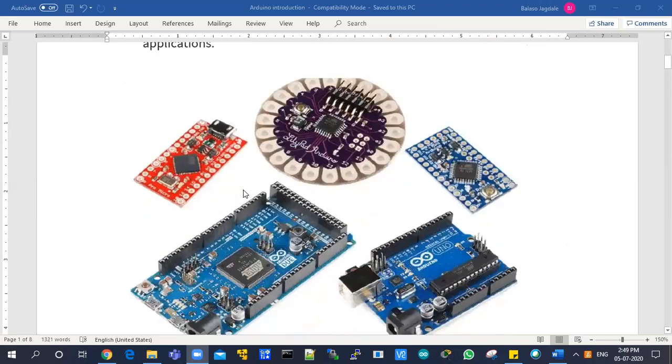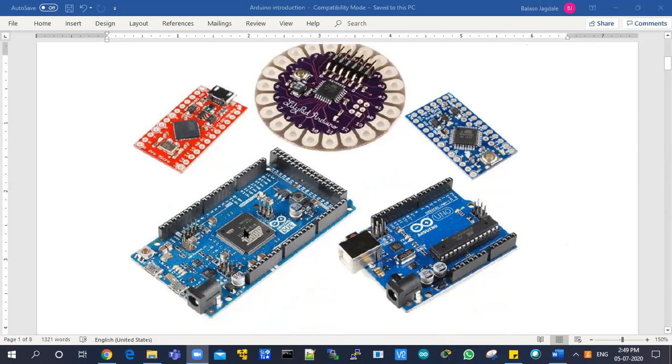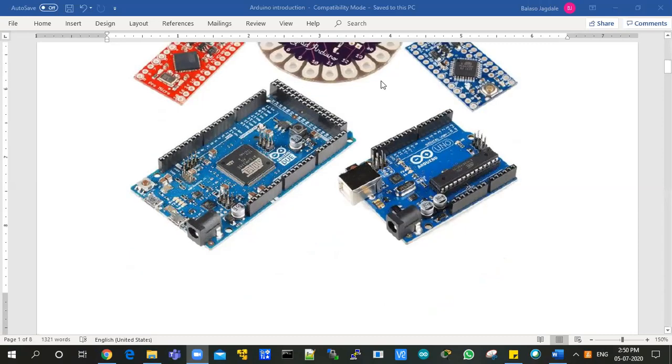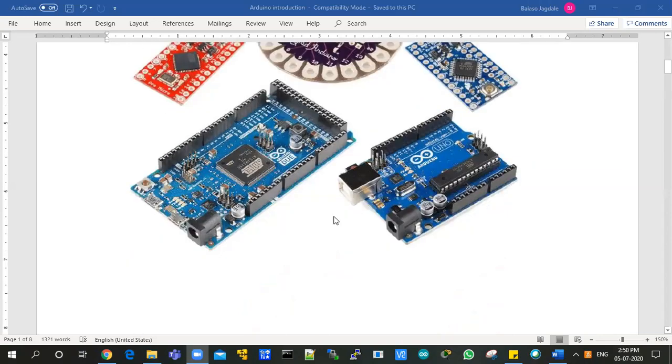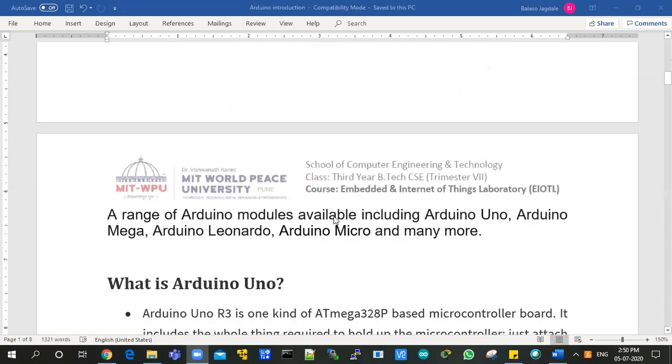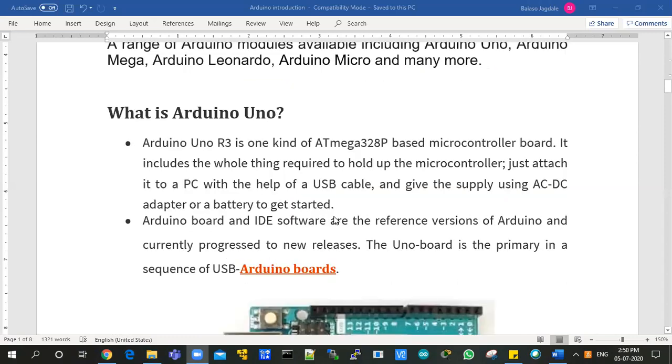So if you look at these different pictures of the Arduino. This is the Arduino Mega board. This is the Arduino Uno, that's what I'm going to demonstrate as far as the practicals are concerned. This is the Lilypad kind of board, where this is a processor. Then there is an Arduino Micro, and this is a Nano board. So a variety of sizes are available. Even more are there, but these are some of the popularly used shapes and sizes. So we can use different kinds of Arduino boards in order to develop the IoT applications.